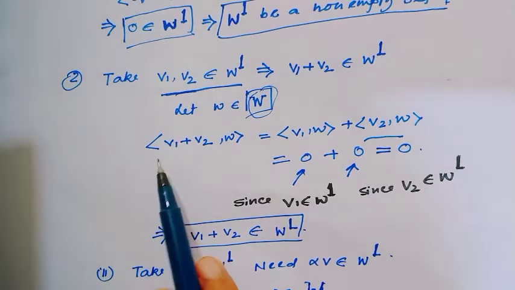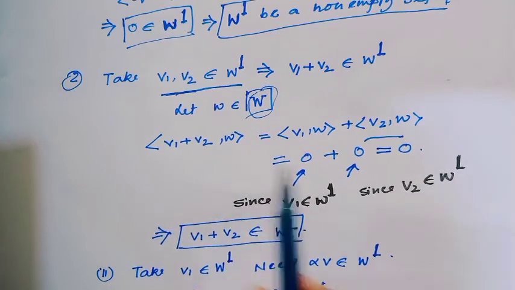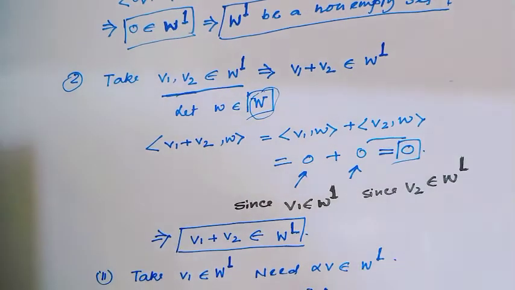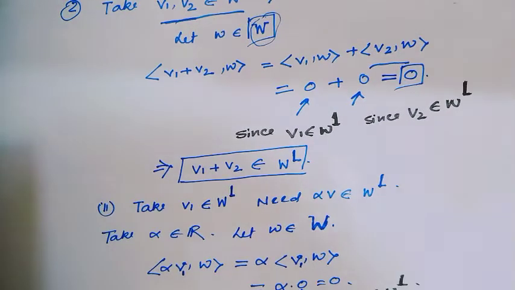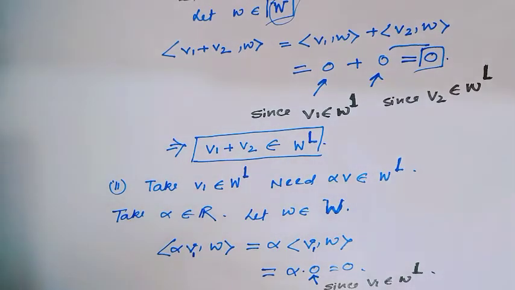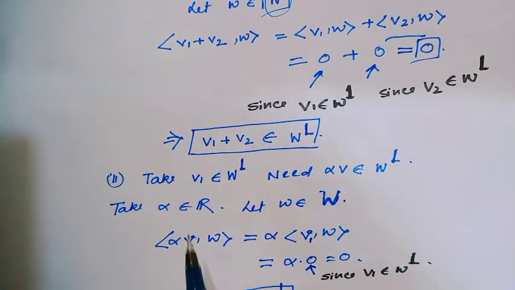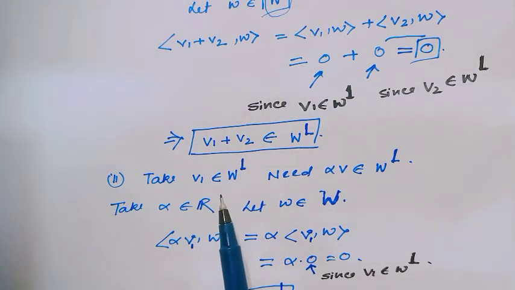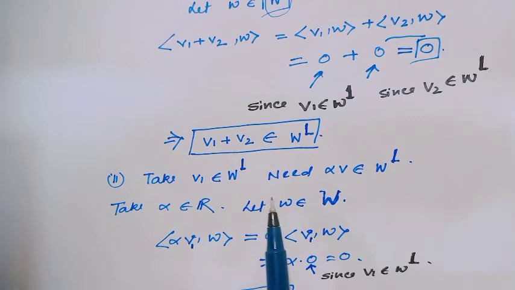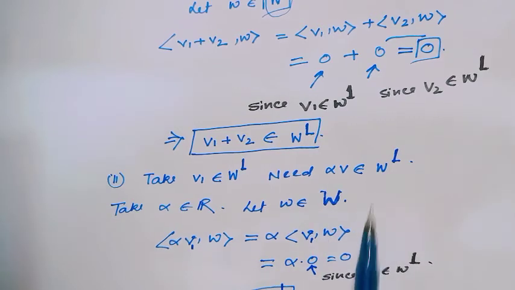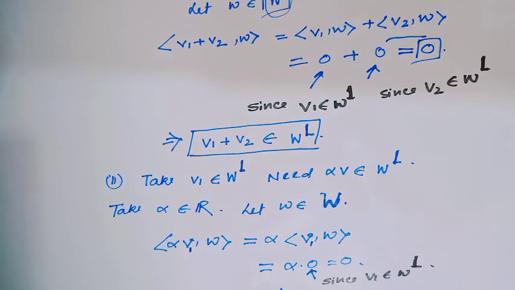And since the inner product of v1 plus v2 with w equals the 0 vector, that implies v1 plus v2 belongs to W perp. Second, take an arbitrary element v1 belonging to W perp. We have to check that alpha v belongs to W perp. For this,